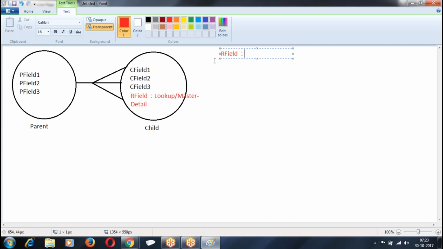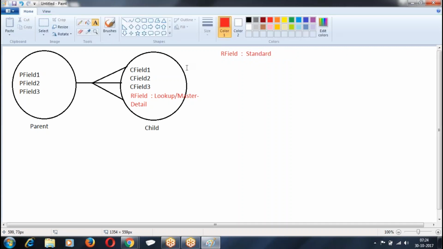Now, who created this relation? When two objects are connected, who created this relation, Salesforce or user? Let us assume for now it was created by Salesforce. If Salesforce created it, we call it a standard relation.